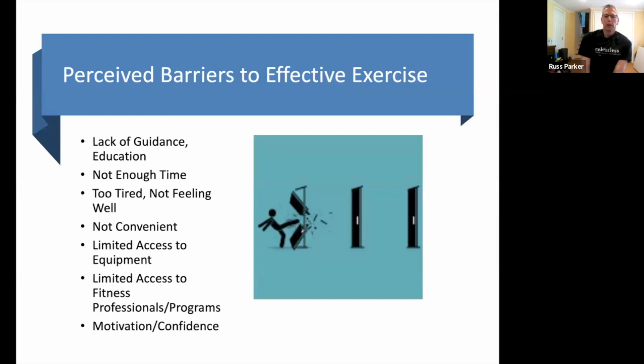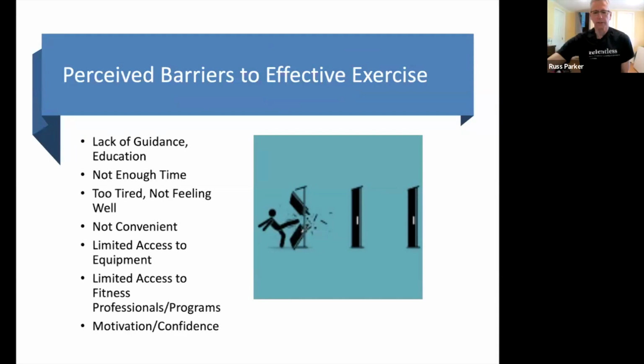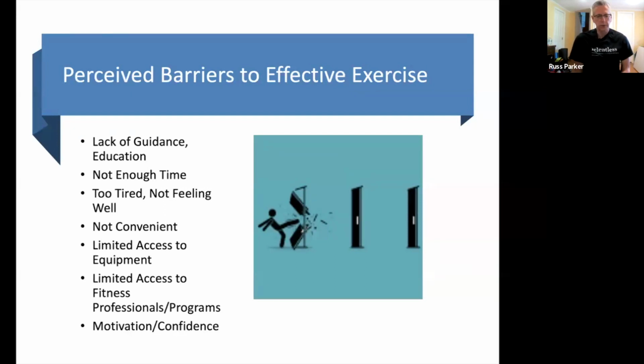Go to the next slide. So I say here perceived barriers to effective exercise, because often people think that, and this is where the first bullet comes in, lack of guidance and education. People think they can't do exercise, or they have, because of certain limitations. And there's a lot of different techniques that you could use, progression techniques, how to progress an exercise, how to make an exercise easier, how to challenge yourself safely,